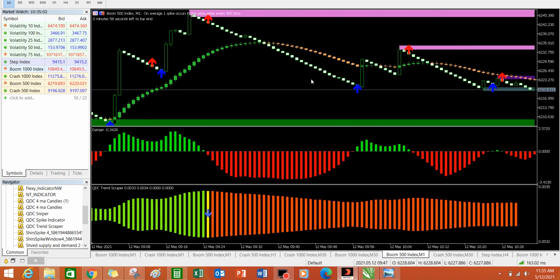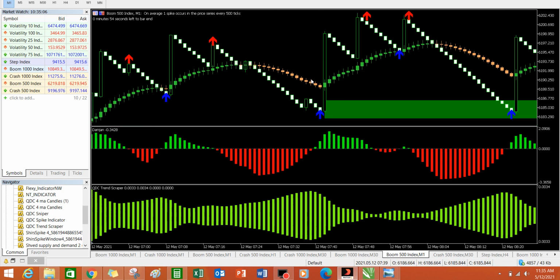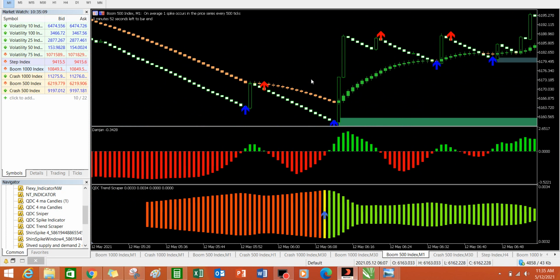So how do we identify the trend of the market? Like I said, the first thing you should do is to identify the trend of the market. If you are trading boom, you want to trade the spikes in boom, then the uptrend should be our main focus. After identifying the trend, we look out for the support and resistance level. When you are trading boom, the support level should be our main focus, because those are the places where we usually experience spikes.